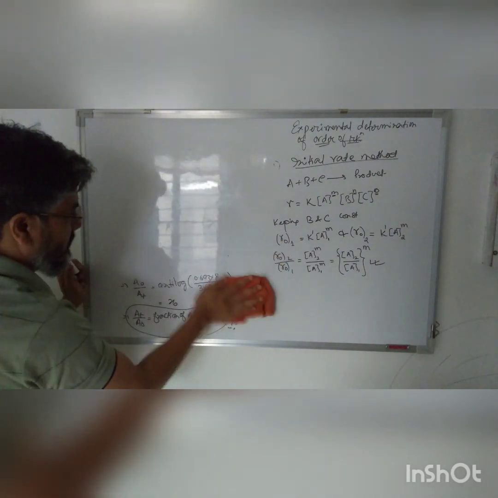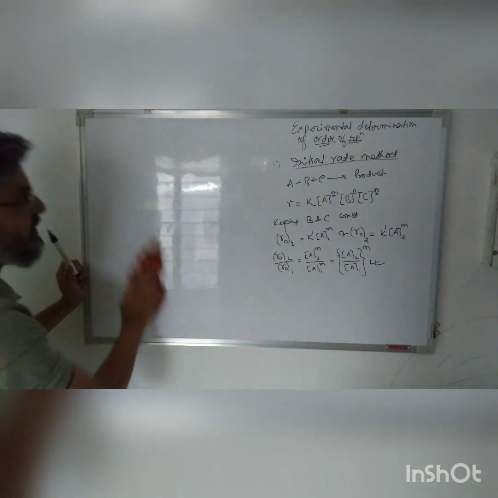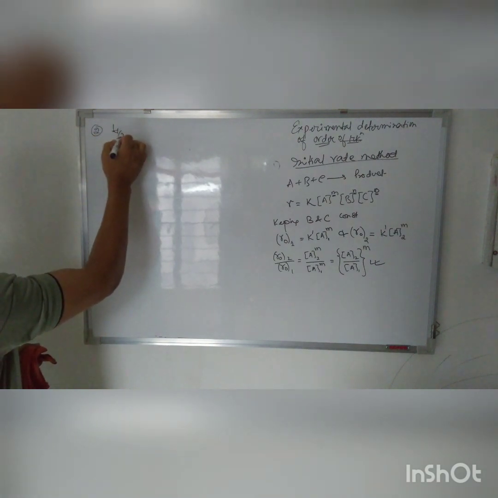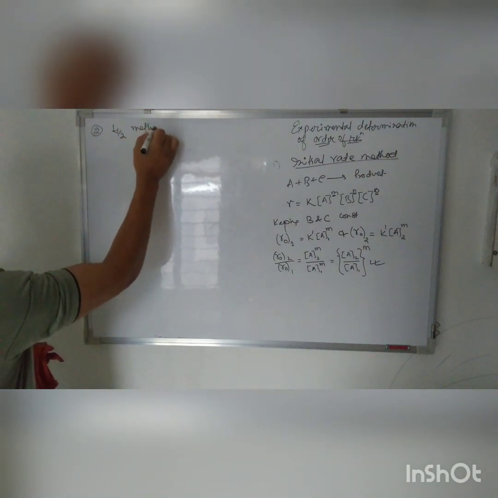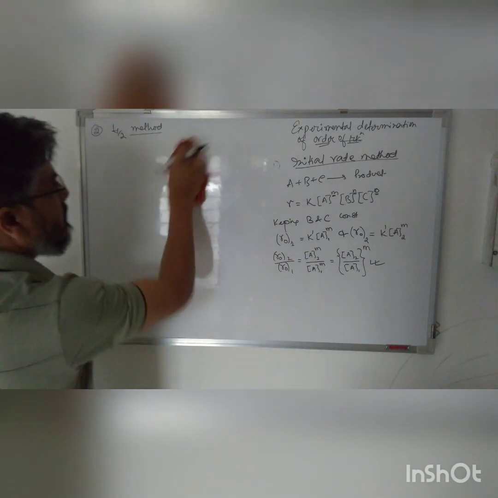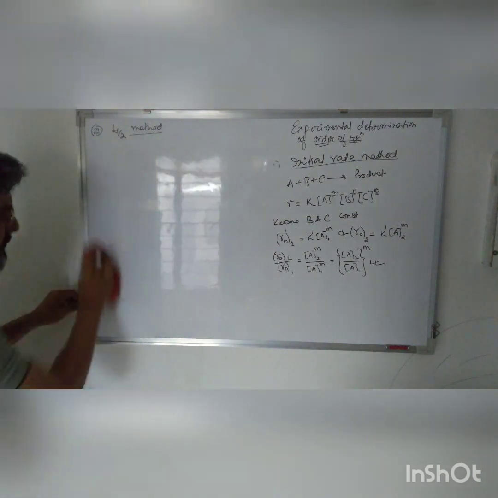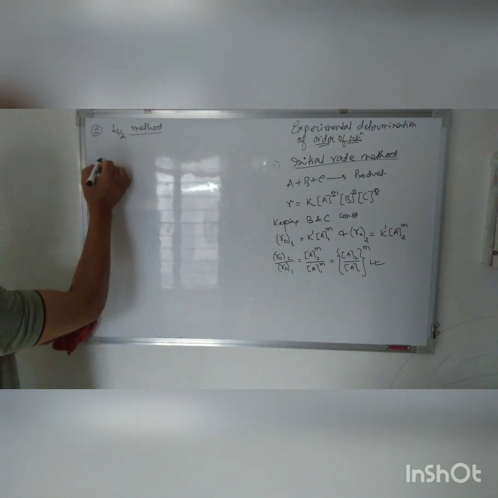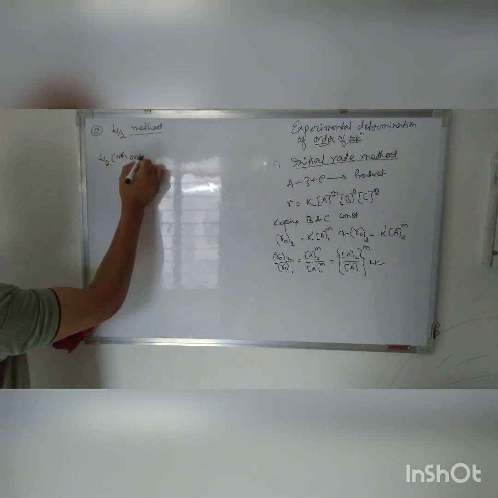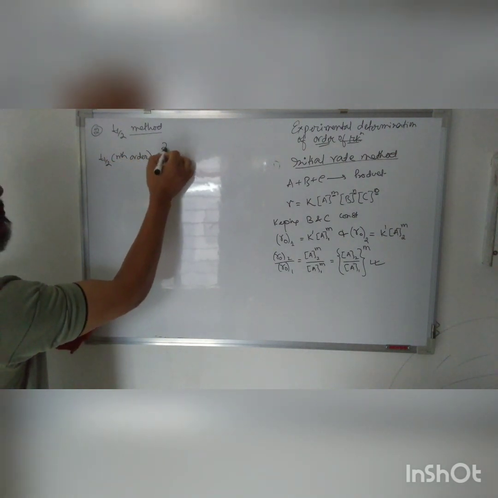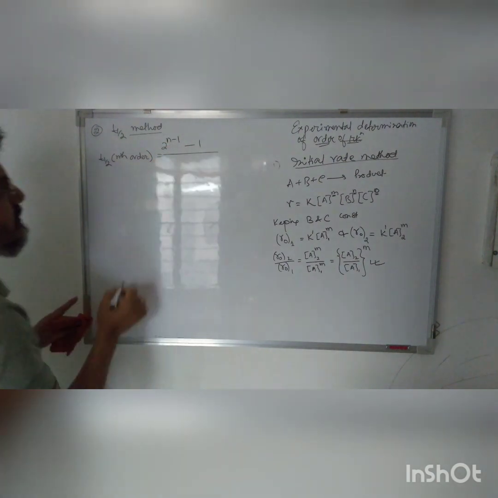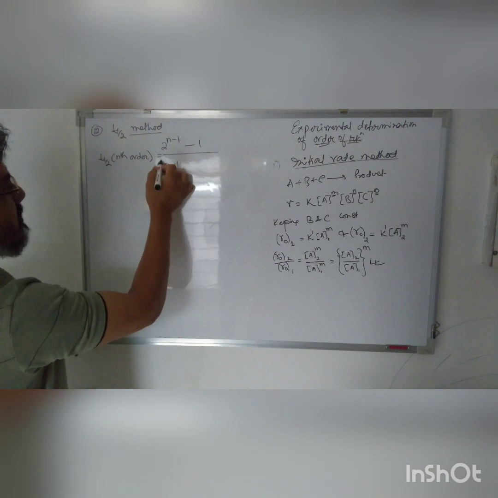Second method is half-life method. Now we have a general equation for half-life of nth order reaction. t half of nth order reaction is 2 to the power n minus 1 minus 1 divided by n minus 1